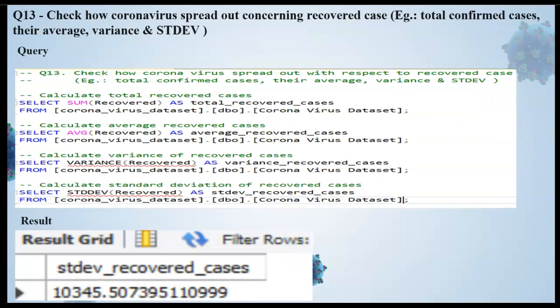So question 13, check how coronavirus spread out with respect to recovered cases. For example, total recovered cases, their average, variance, and standard deviation. For that, we have to use the recovered cases from the dataset, and we got this result.